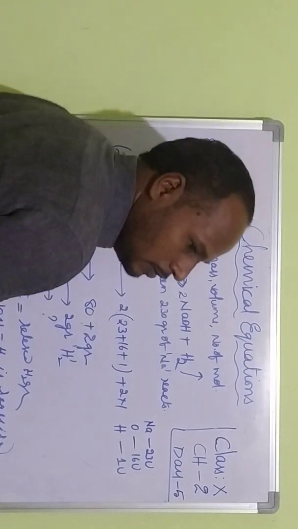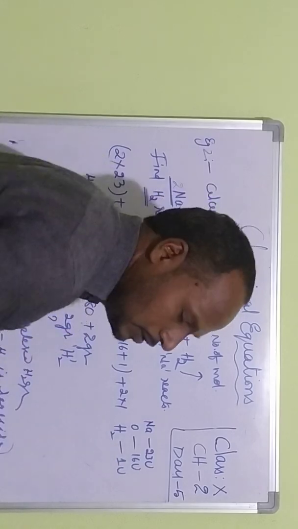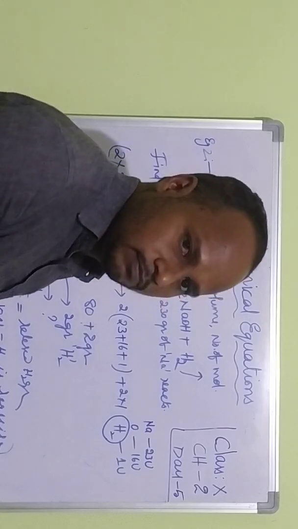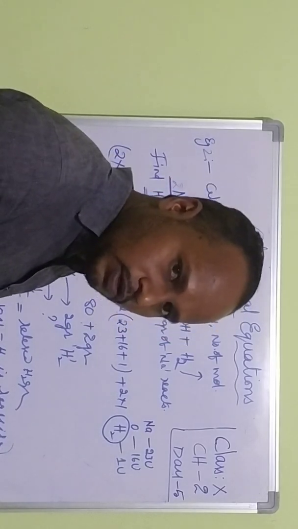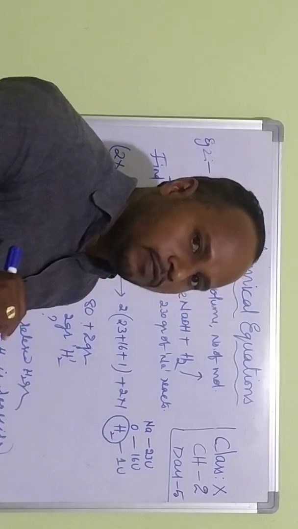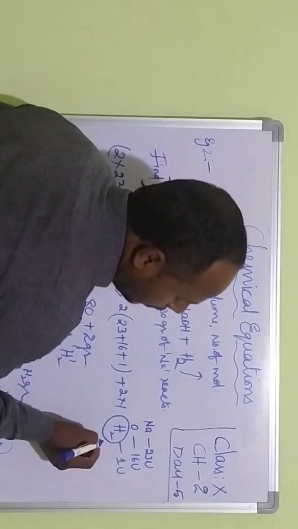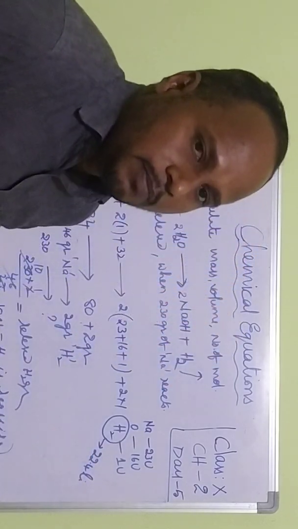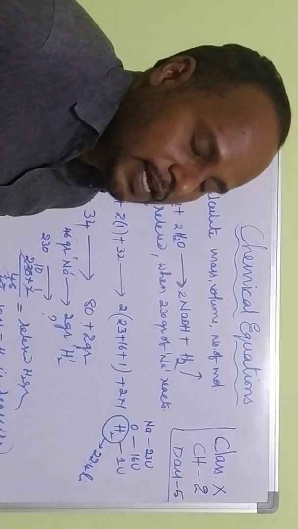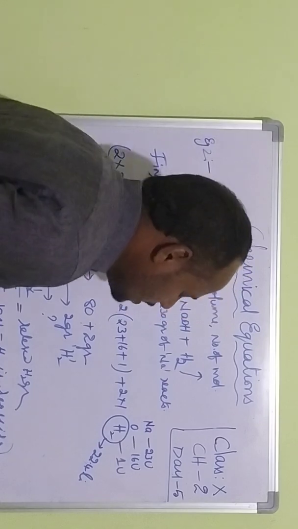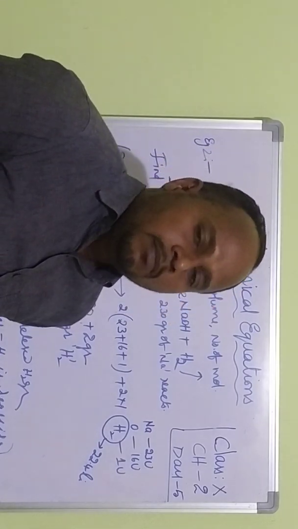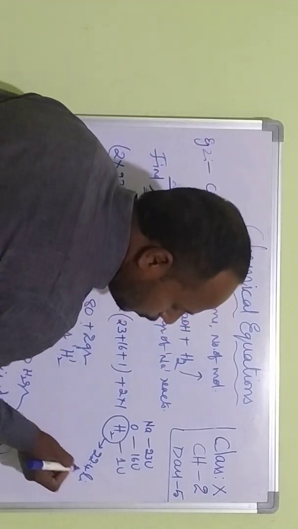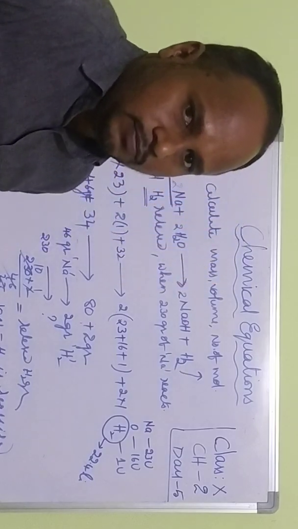See, H2 is a molecule, and this H2 molecule occupies a space called volume. 1 mole of gas occupies a space of 22.4 liters at normal temperature, which is STP, standard temperature and pressure. When you maintain standard temperature and pressure, 1 mole of any substance occupies 22.4 liters of volume.